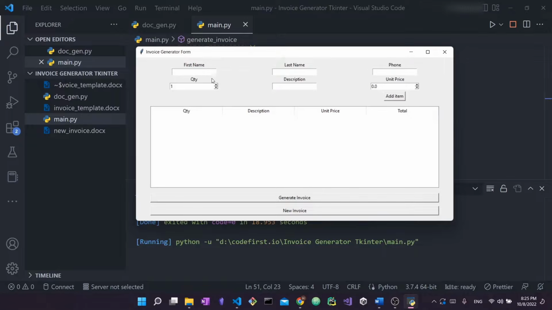So as you can see here, let's say John Smith, and then let's give him a phone number of 000 and then a bunch of zeros. So for me, this doesn't really matter. We're just doing this for example. So let's say he got 6 pens and each pen costs 50 cents. So let's add this to our total. He also bought one notebook, and the notebook in this case, let's say it costs $7. So you can see we have his chart, you have his table with all his information and all the things that he just purchased. So now if I press on generate invoice, you can see here a new document was